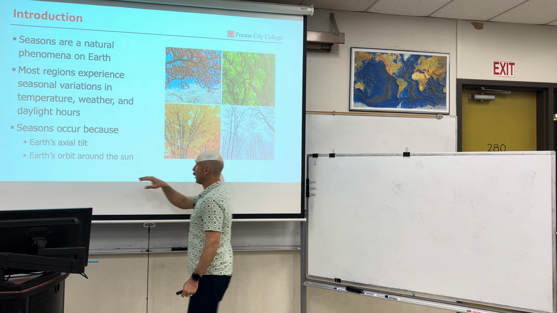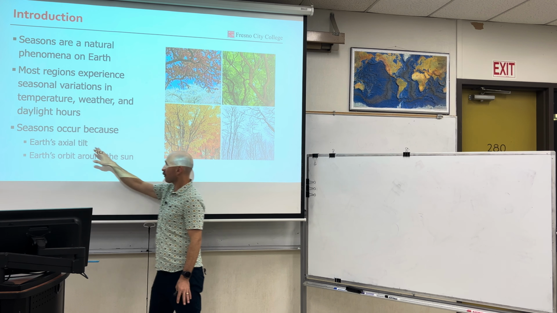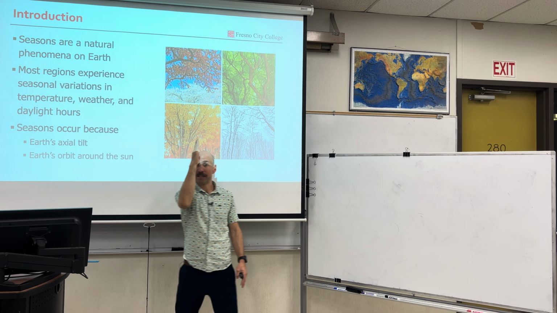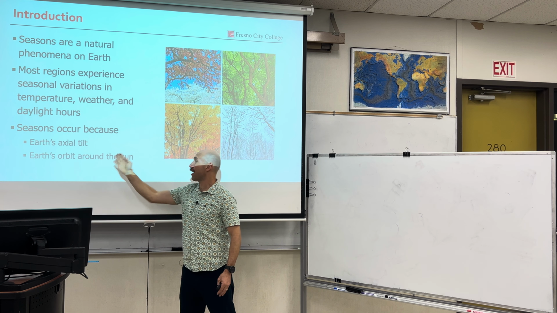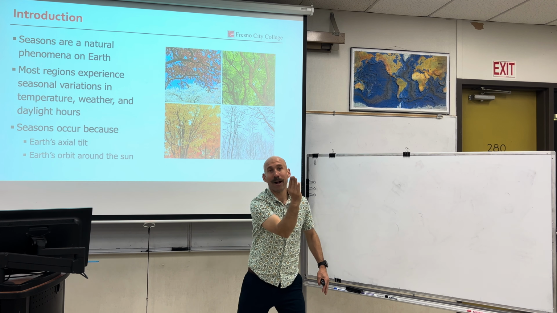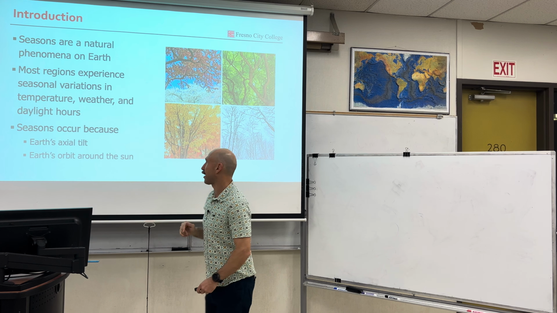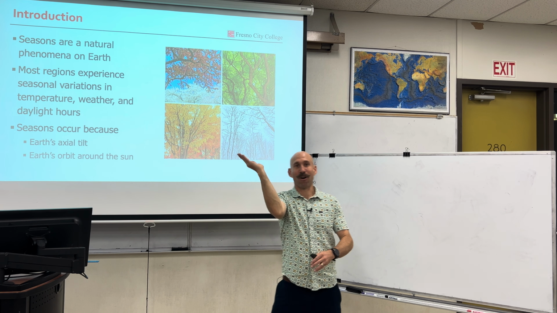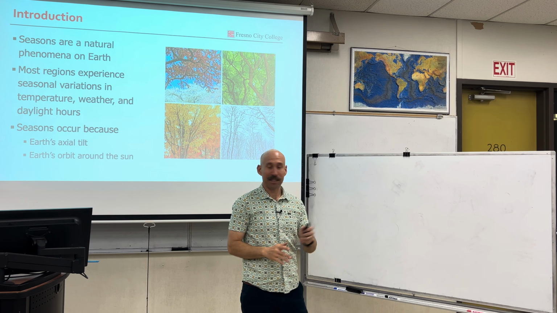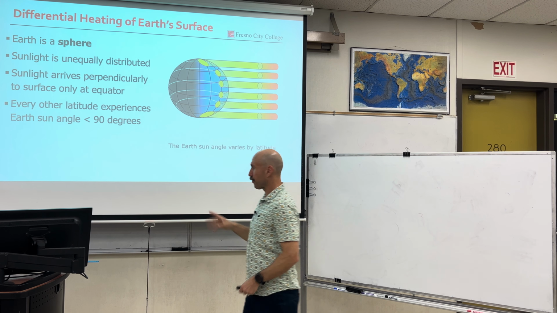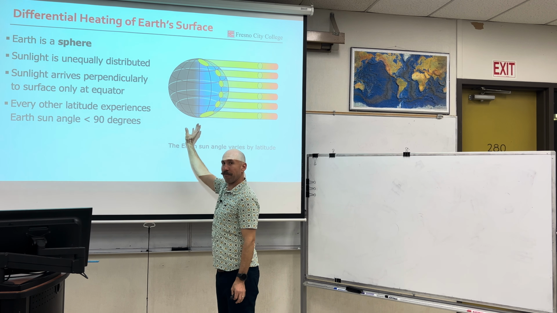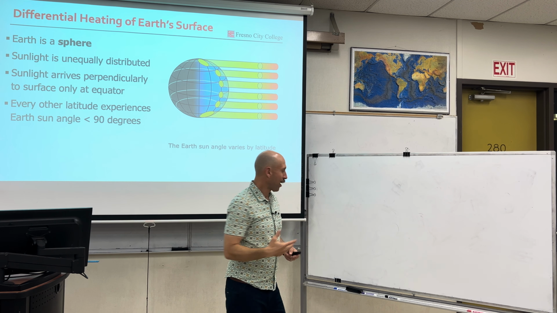And spoiler alert, seasons happen because Earth is tilted on an axis and Earth orbits around the sun, holding that axis fixed towards the North Star, or a single direction. But less arm waving, more actually explaining. Let's get into it. Our Earth is a sphere, and the Earth every day